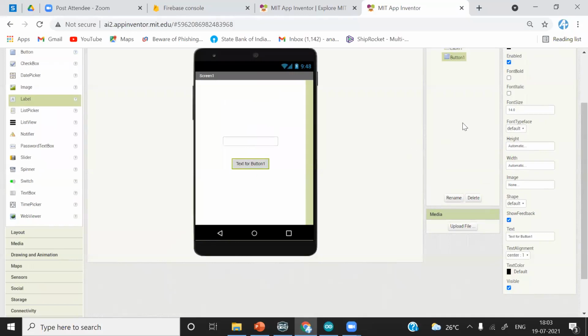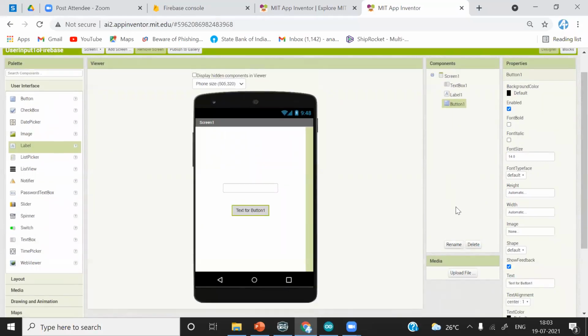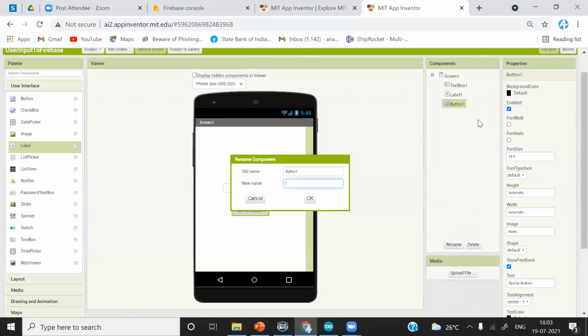I'll change the properties of this button. I'll rename this button to send button.